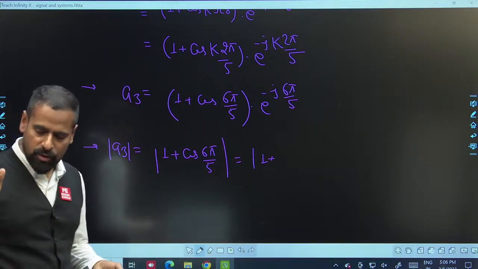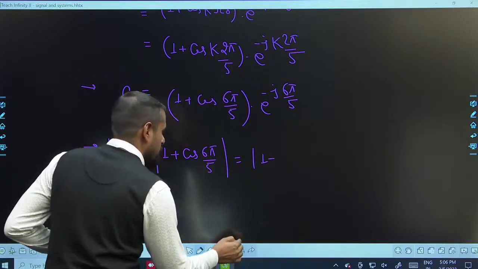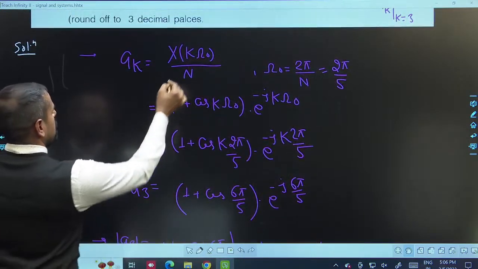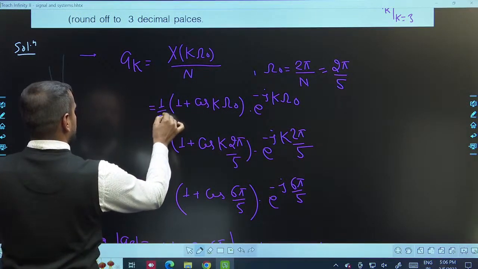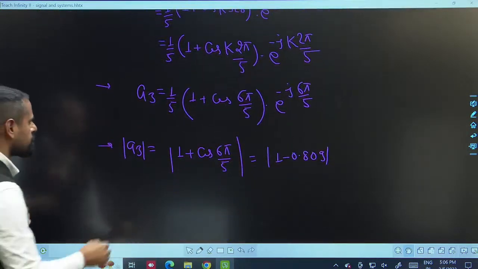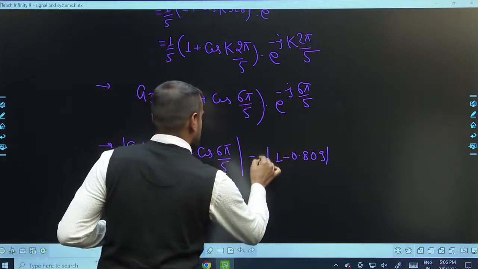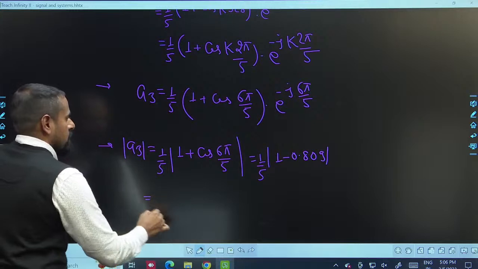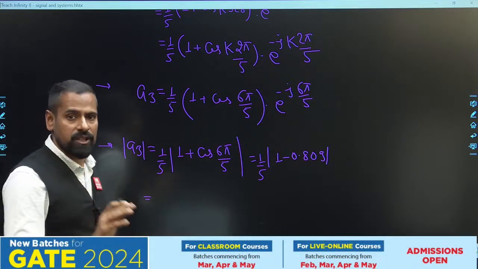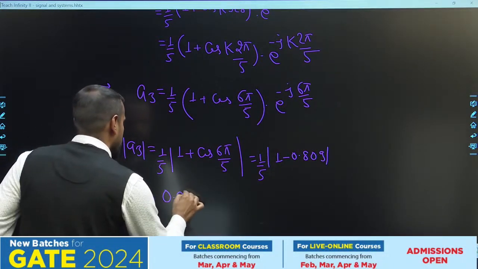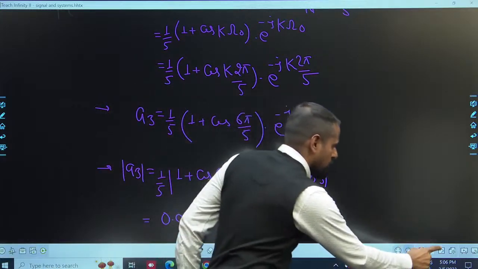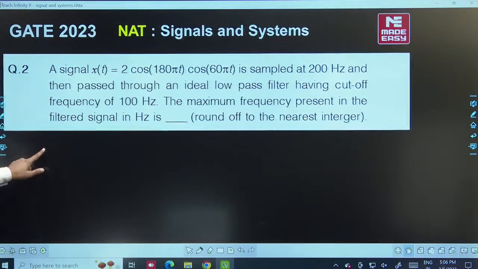ओके, अच्छा मॉडुलस ऑफ 1 प्लस कॉस 6 पाई बाई 5, कॉस 6 पाई बाई 5 हमने कैलकुलेट किया है, इसकी वैल्यू है माइनस 0.809, तो इसकी वैल्यू दोस्तों कितनी आएगी? माइनस 0.809। अच्छा यहाँ पर एक टर्म भी मिसिंग है, ये जो कैपिटल एन टाइम पीरियड है वो भी मुझे लिखना था। टाइम पीरियड कितना है? 5, तो 1/5, तो हर जगह ये फैक्टर 1/5 मिसिंग था, तो वो मैं मल्टीप्लाई कर रहा हूँ, तो यहाँ पर भी 1/5 आएगा, तो यहाँ ये जो वैल्यू है 5 से डिवाइड होगी, तो 1 माइनस 0.809 डिवाइडेड बाई 5, अगर आप इसको कैलकुलेट करेंगे तो आंसर कितना आएगा? 0.038, तो आंसर आएगा 0.038।